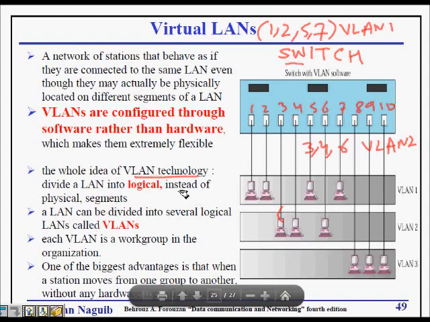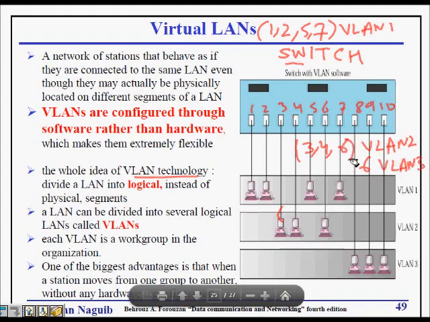So what's the biggest advantage? Now you don't need to take care of it if people are changing their group. Say 3, 4 and 6 were on VLAN 2, and now machine 6 wants to join VLAN 3.